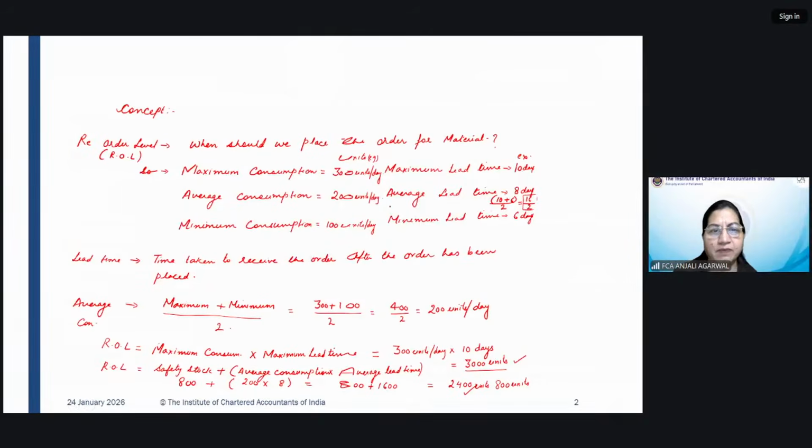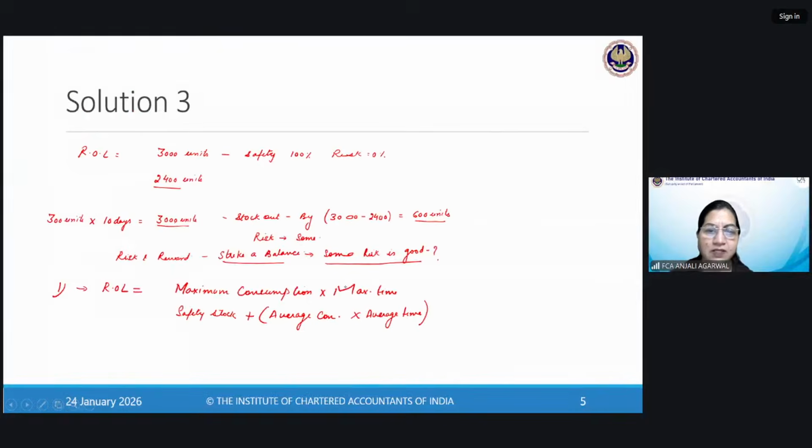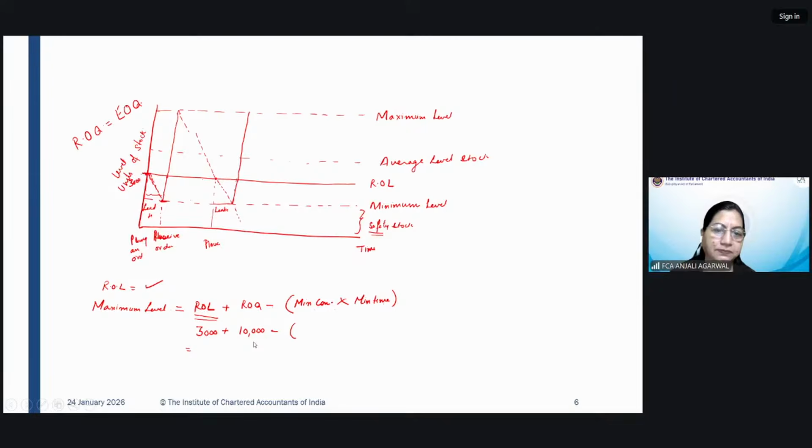So if the minimum consumption was also 100 units per day, and even if it took 6 days, minimum time, you would have consumed 100 units in 6 days. So 600 units would have gone from this 3,000 units. So 3,000 plus 1,000 minus 600,